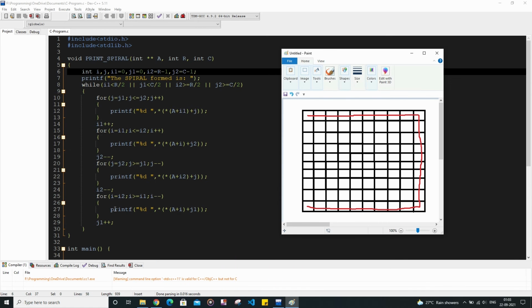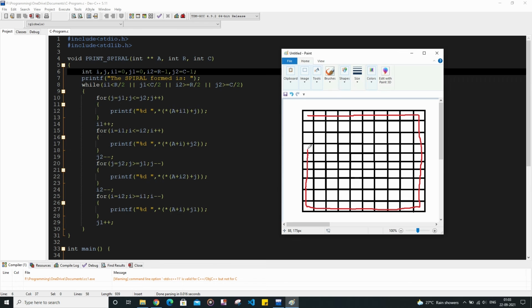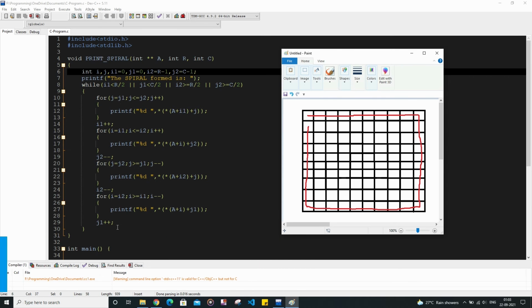The last for loop over here is going to print this column, and after that we increment the j1 value. So again, until this condition gets satisfied, it is going to do the same.